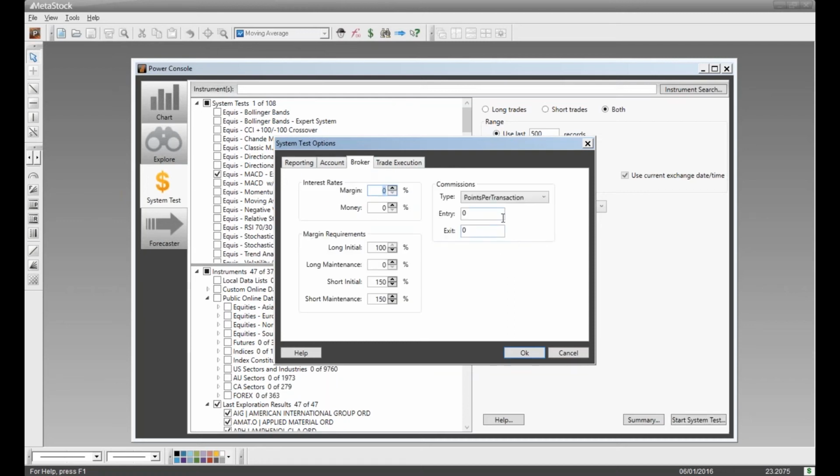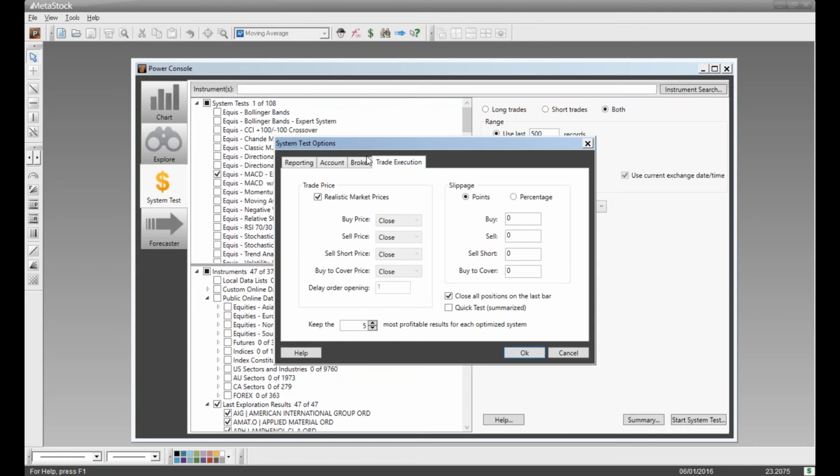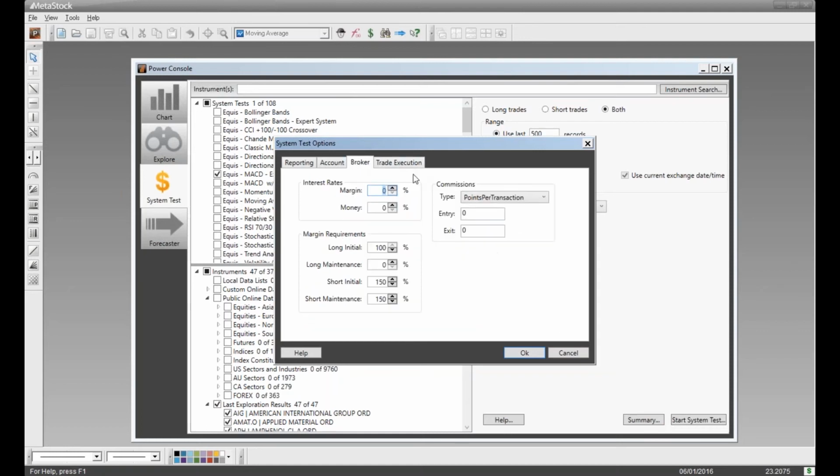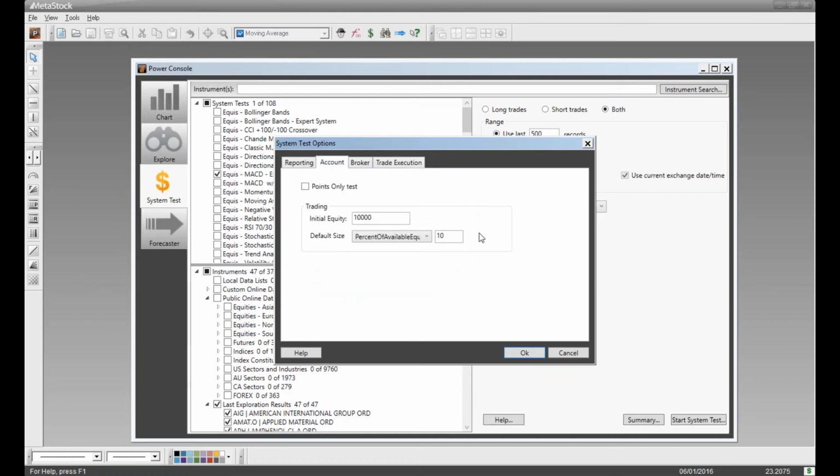We can go into brokerage and start adjusting our brokerage fees. You can account for slippage, as well as establishing where you're making the trades, whether it's on entry, close, or at market value. So a lot of different settings you can play with in here to basically set it up to where